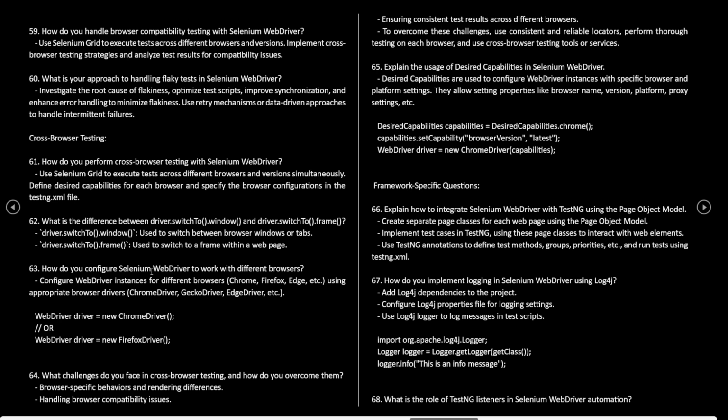How do you configure Selenium WebDriver to work with different browsers? Configure WebDriver instances for different browsers, Chrome, Firefox, Edge, etc., using appropriate browser drivers, ChromeDriver, GeckoDriver, EdgeDriver, etc. WebDriver driver = new ChromeDriver(); or WebDriver driver = new FirefoxDriver();